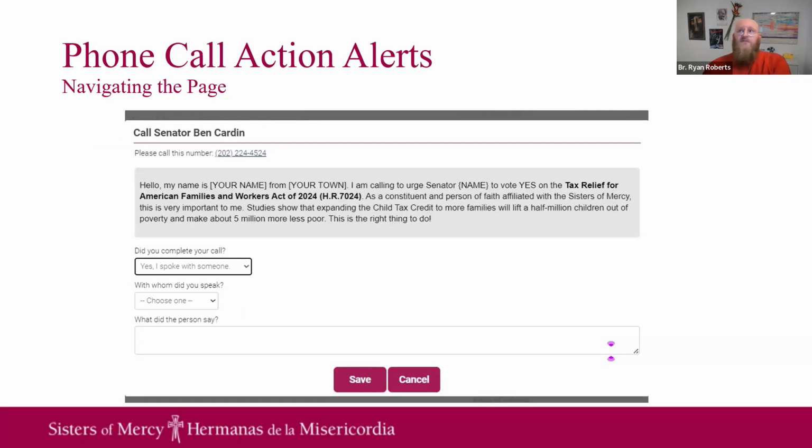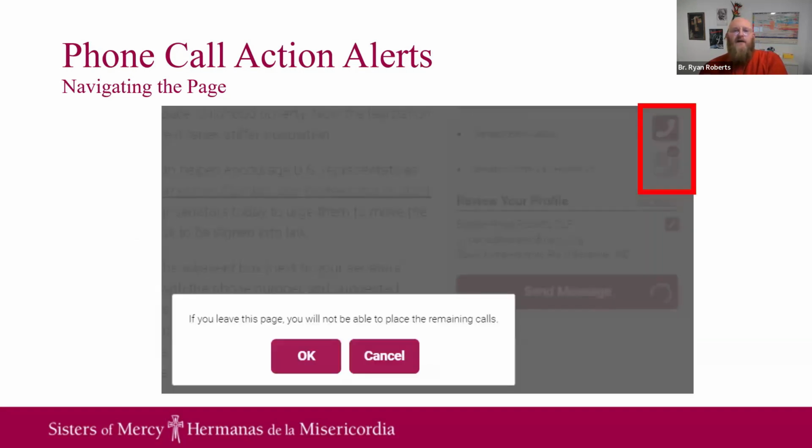Sometimes there's something a little more extensive, and we would love to know if there's some unique interaction you have with a staff member. Once you've filled this out, you can click the Save button at the bottom, and it will return you back to the front window, and you should be able to click another phone call if there is another one. I highlighted in the red box here something in the grayed out background. You'll see that one of them has a small check mark in a circle, and the other one is the full color square with the phone on it.